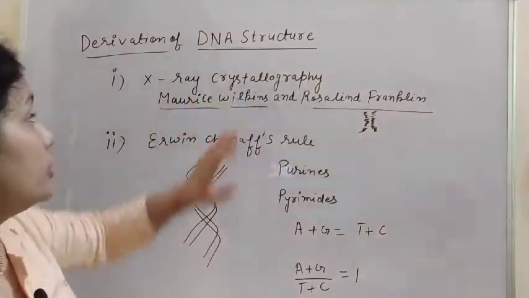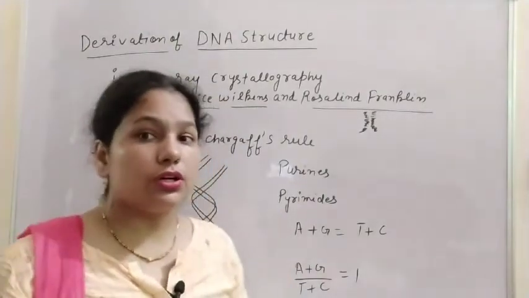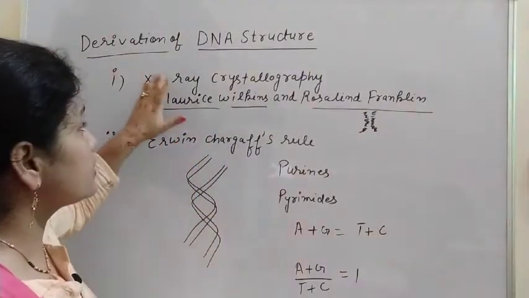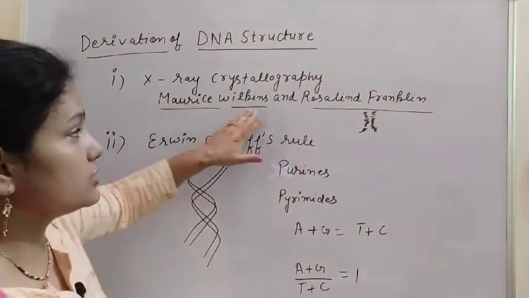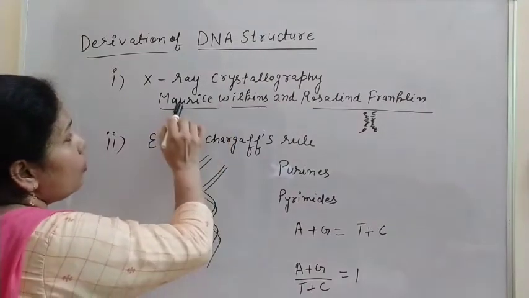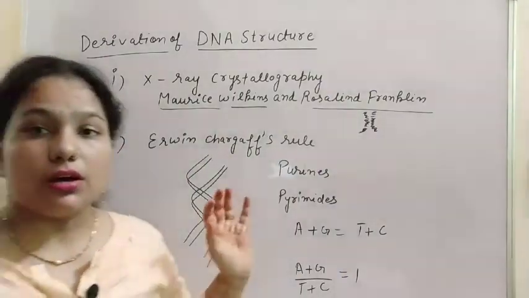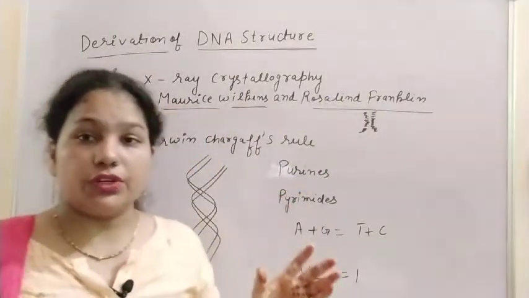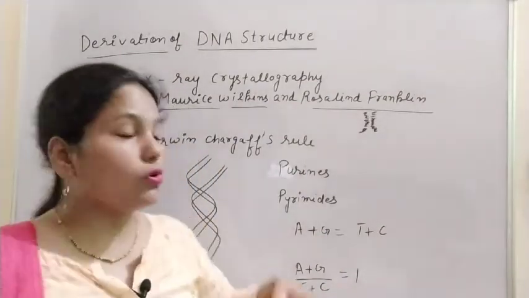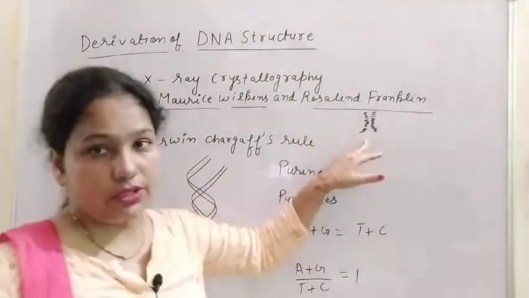So the derivation of DNA structure, Watson and Crick, he observed the work of both the scientists Erwin Chargaff and the X-ray crystallography of Maurice Wilkins and Rosalind Franklin. So these 2 scientists, Maurice Wilkins and Rosalind Franklin, they performed the X-ray crystallography. एक्सरे फिल्म जो उन्होंने बनाई थी DNA की, तो इस टाइप का स्ट्रक्चर उनको दिखाई दिया.